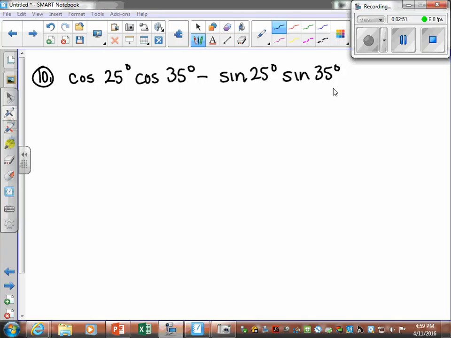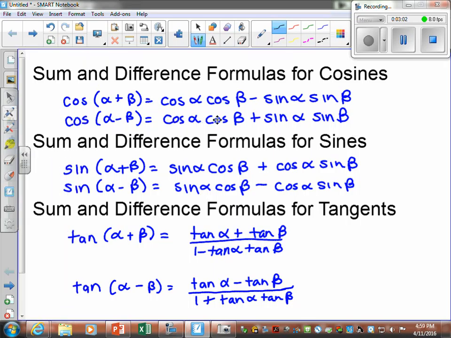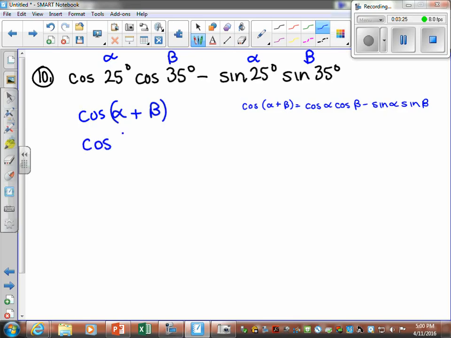Okay, so number 10, if you want to pause it and write that down: cosine, cosine minus sine, sine. So if we jump back to our first page, cosine, cosine minus sine, sine. We can see we're working with this first formula, so make a note over there. So basically we're going to have cosine of alpha plus beta. This is alpha, beta, alpha, beta. So this is going to be the cosine of 25 degrees plus 35 degrees,